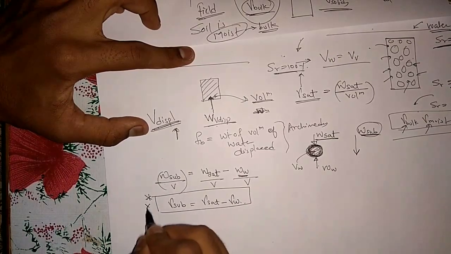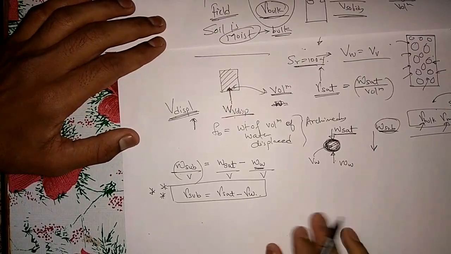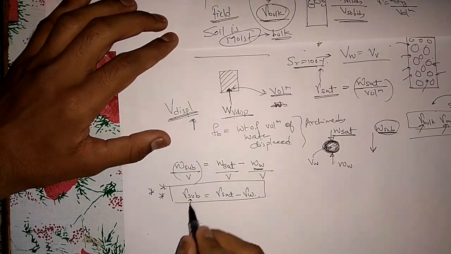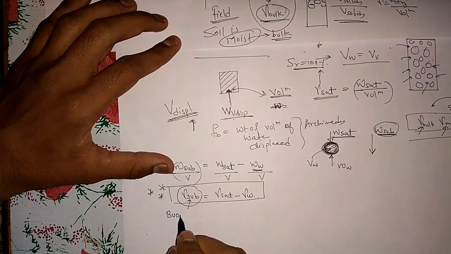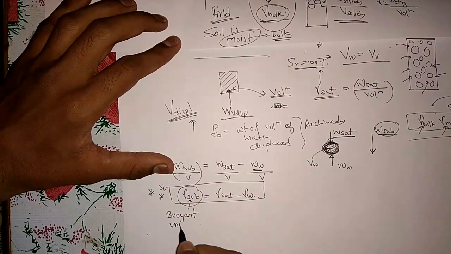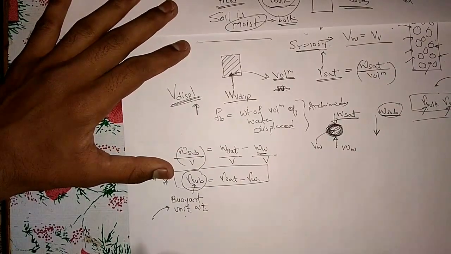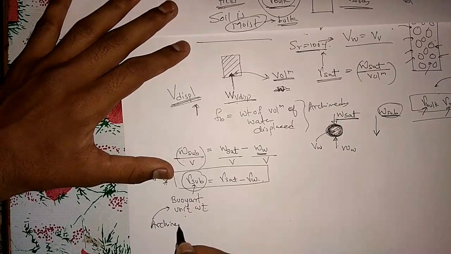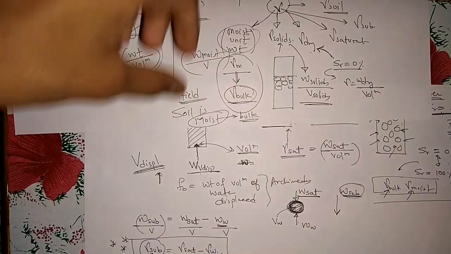This is how you get the important relation between gamma submerged and gamma saturated. So these are basically unit weights. This is the submerged case, hence you can call it the buoyant unit weight. This is buoyant unit weight, and the concept of buoyant unit weight is based upon Archimedes principle. Okay, so this was just about